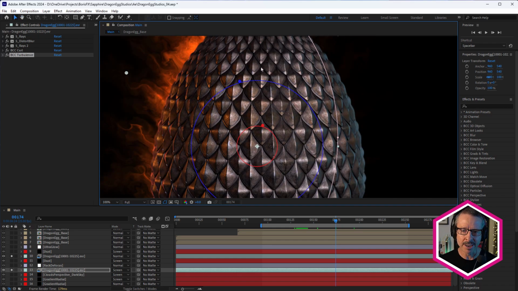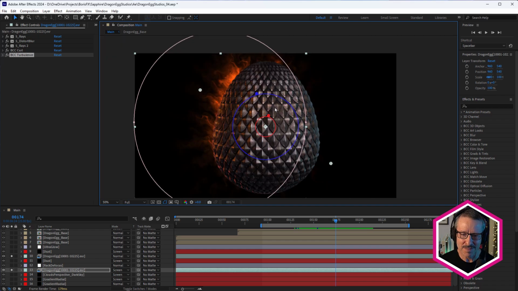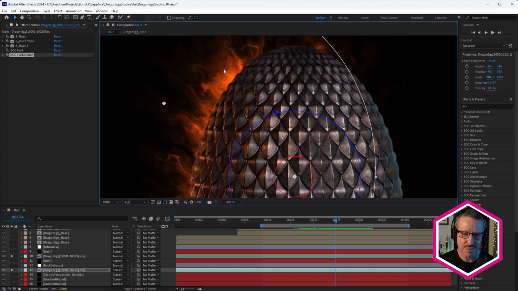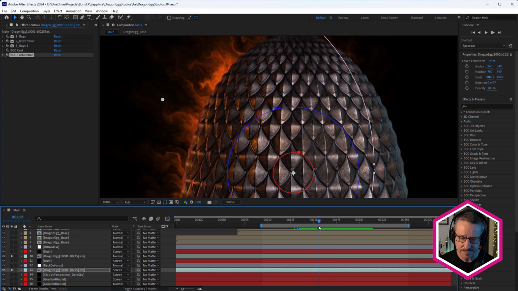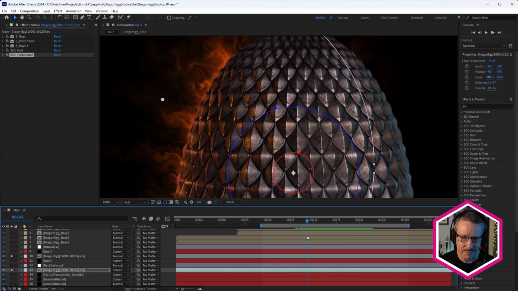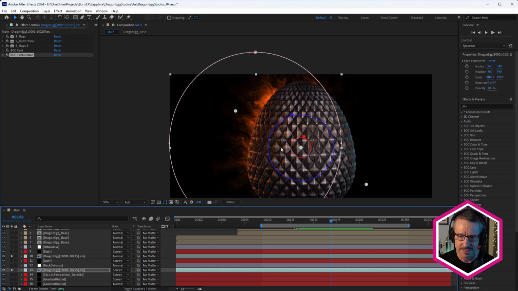Originally, I was thinking maybe I could have the egg crack open and have fire come out and particles. And in the end, I thought, no, because these are kind of strong dragon scales. It just doesn't hatch that way. And I couldn't think of a way to make it look any good. So it worked out pretty well because I was able to add the fiery look that I was kind of going for, but not coming out of the egg, but kind of behind the egg. So the feel is there without having to get too complicated with this.